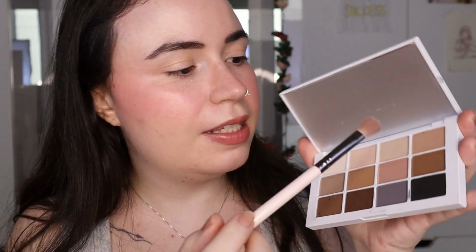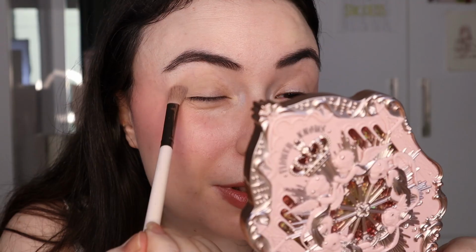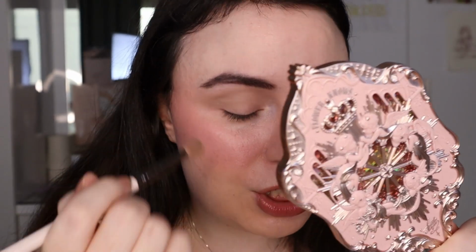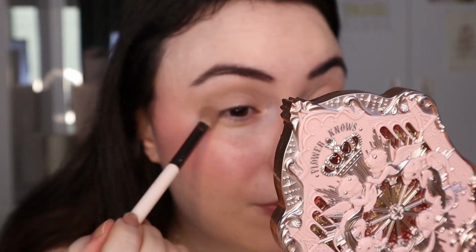I will start with this beige shade in the Makeup by Mario. I have a bit of foundation on my eyes, but no primer. This will not show up. Well, honestly, this is great because I used to have a lot of issues finding a shade that was like my eyes, my natural shading, but a bit deeper, and this is the perfect shadow for my eyes and